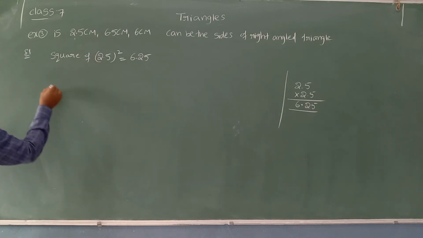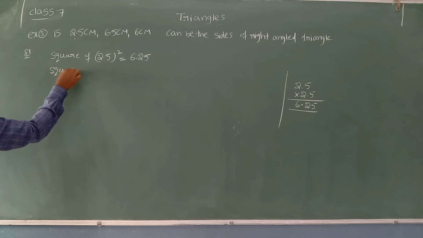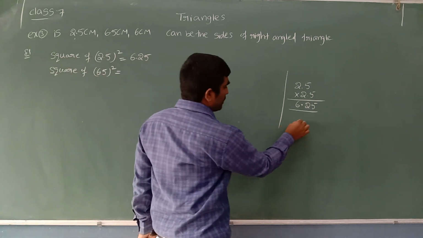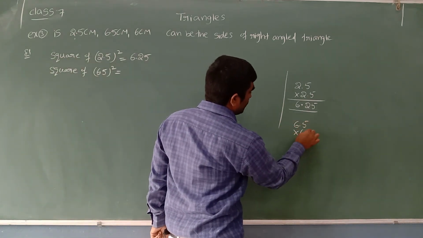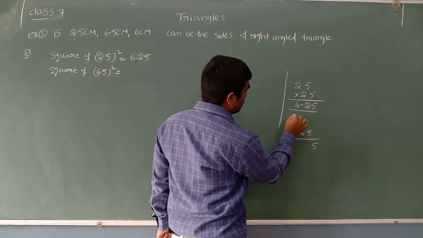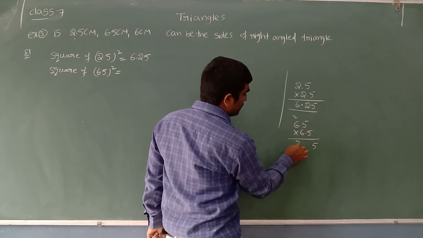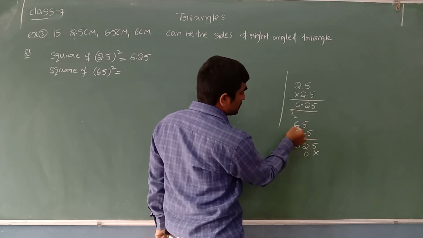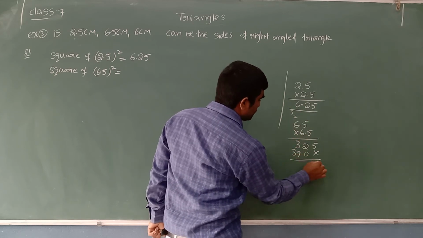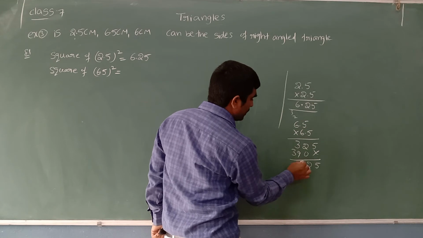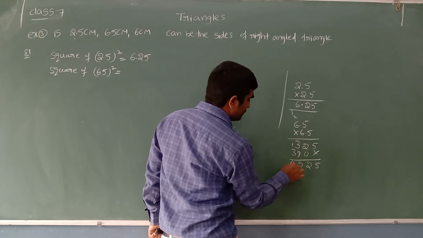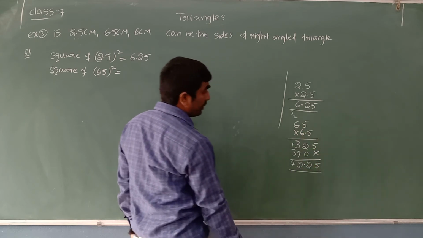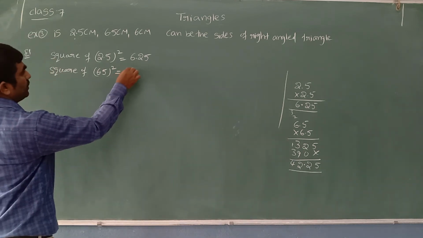Similarly, find the square of the other side, 6.5 whole square. That means multiply 6.5 by itself. 5 times 5 is 25, 5 to carry. 5 times 6 is 30, plus 2 is 32. Next, 6 times 5 is 30, 0 and 3 carry. 6 times 6 is 36, plus 3 is 39. 5, 2, 9 plus 3 is 12, 2 and 1 carry. 3 plus 1 is 4. Total two digits before the decimal and two after, so I got 42.25.